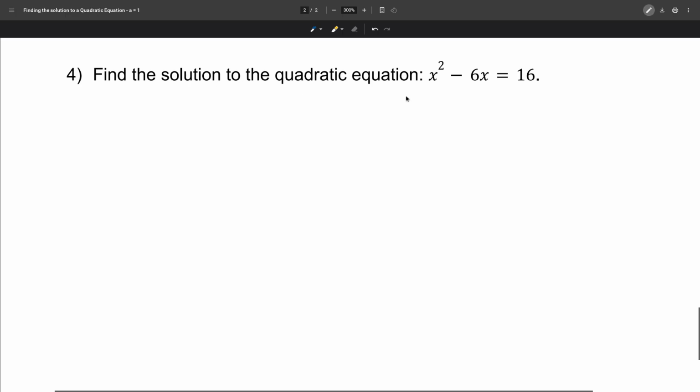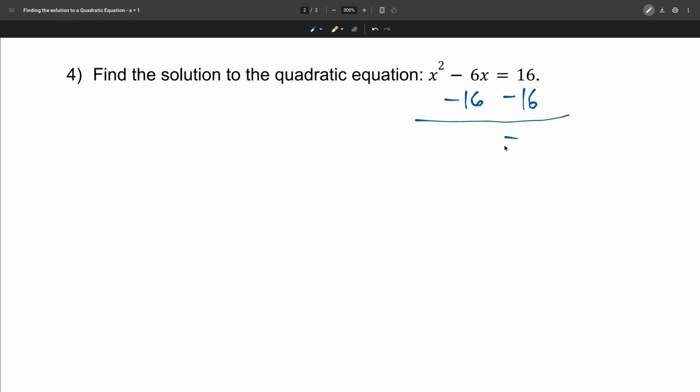So this next one, find the solution to the quadratic equation x squared minus 6x equals 16. Again, this here is not equal to 0. So we got to make it equal to 0. So what I'm going to do is I'm going to subtract 16 from both sides. So 16 minus 16 does equal 0. And we get x squared minus 6x minus 16